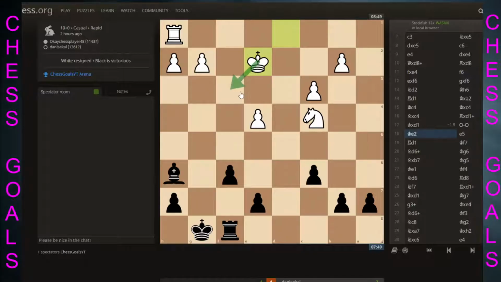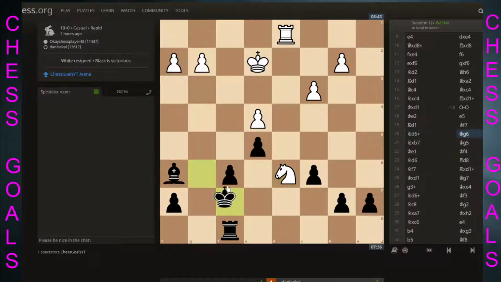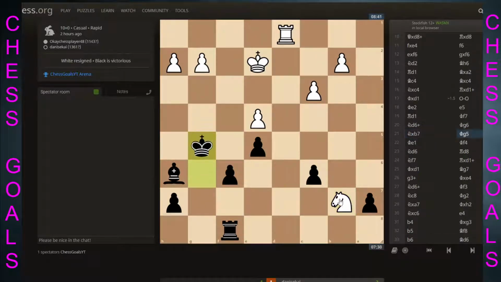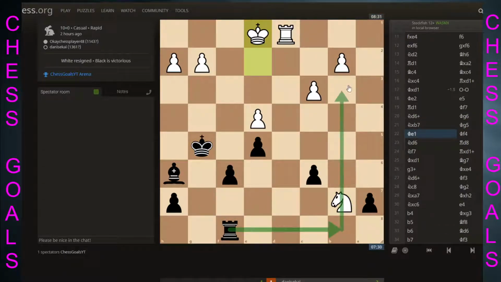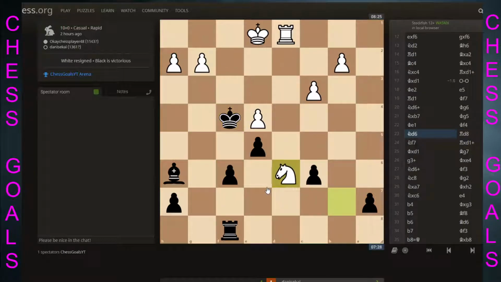So white, I like this, getting the king active. Going to be important in these close endgames. Black doing the same. So white wins a pawn there. I noticed there's this tactic to maybe win that pawn and get your rook on the 7th rank, or the second in this case. So here this is semi-pinned,